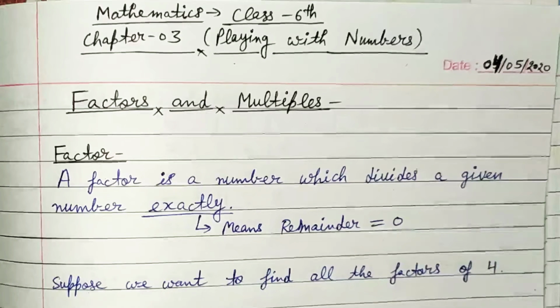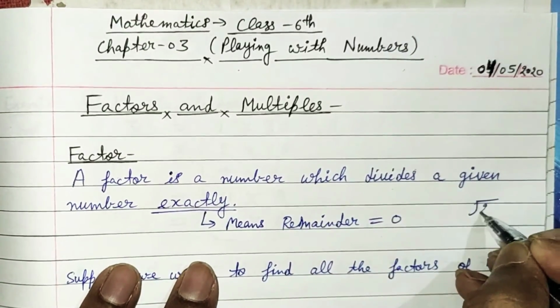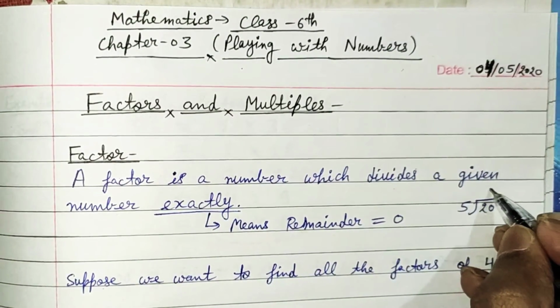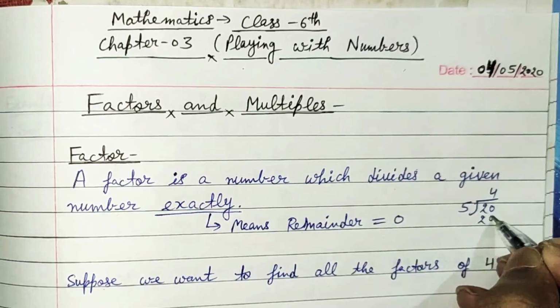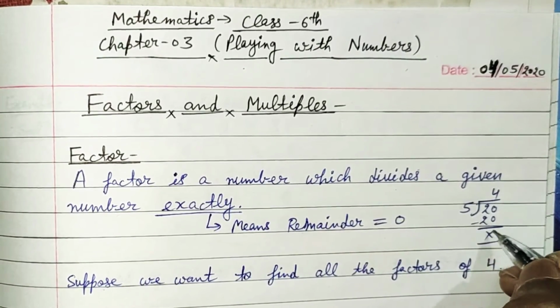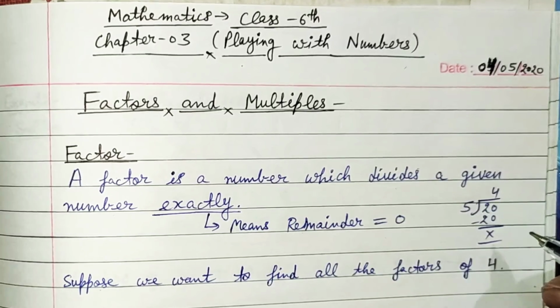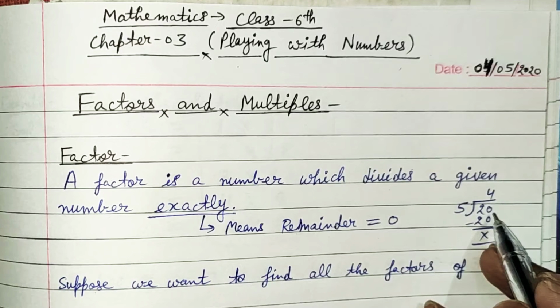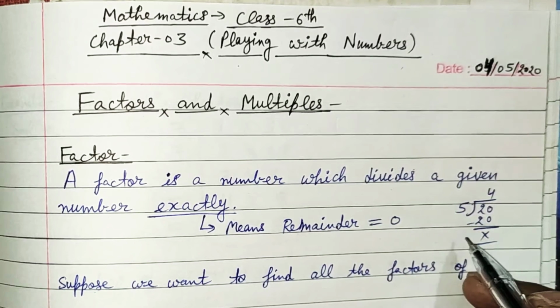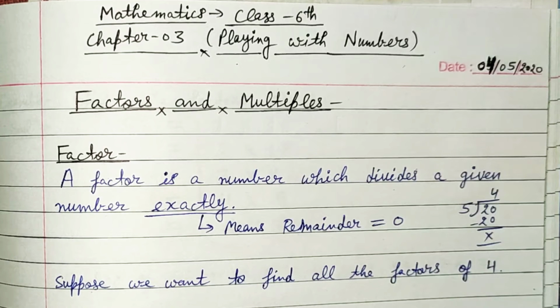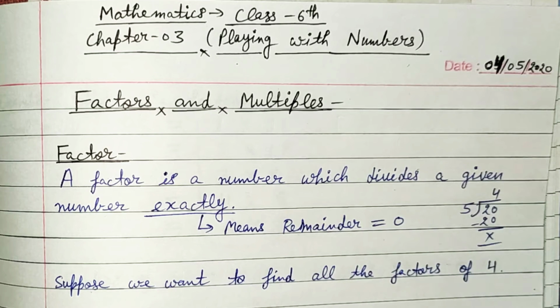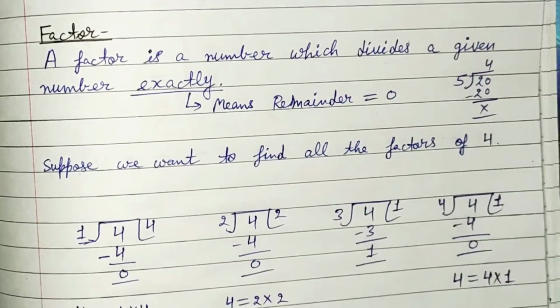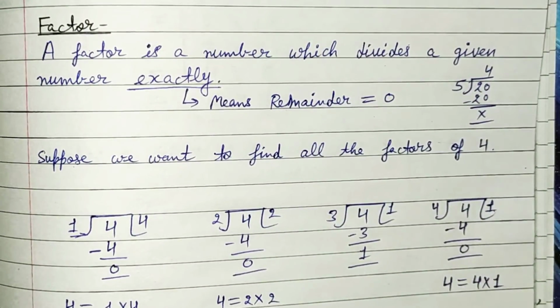So when we divide 20 by 5, we can divide it 4 times. So our remainder will be 0 in that case. So we can say that 5 is a factor of 20. Okay. In the same manner you can take any of the examples. Means आपका कोई भी नंबर अगर आपका ऐसा है जो कि आपके गिवन नंबर को completely डिवाइड कर देता है, that means वो उस गिवन नंबर का फैक्टर है.